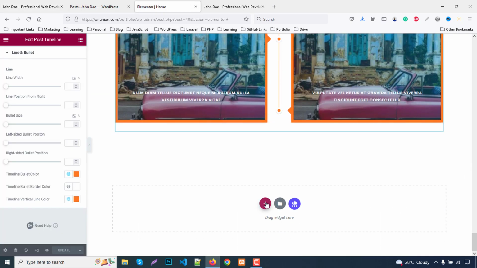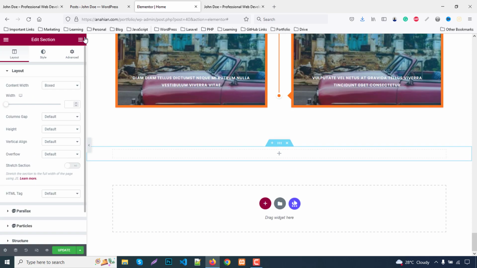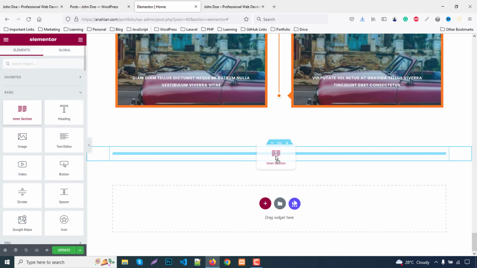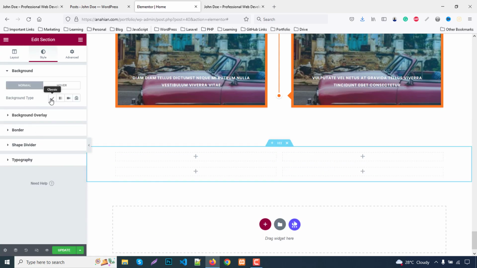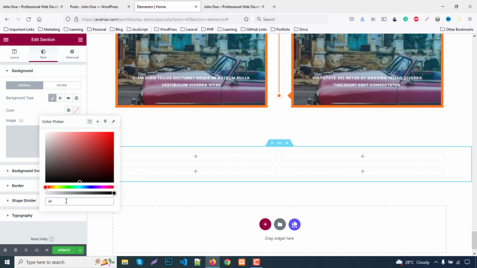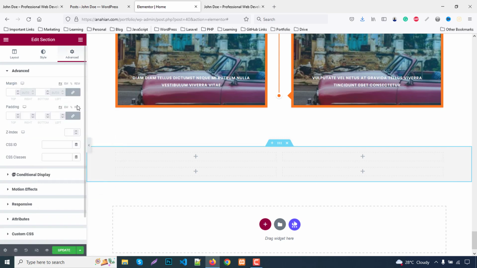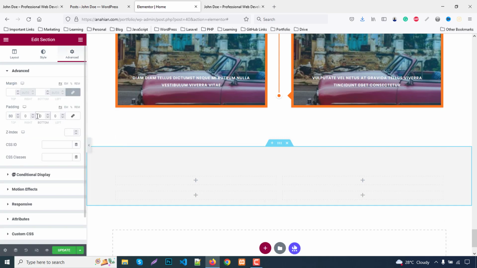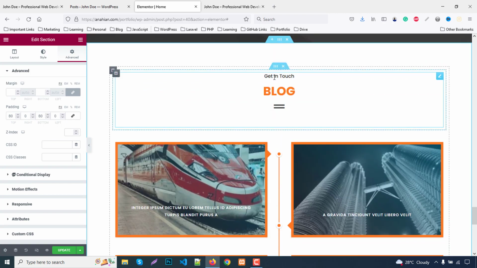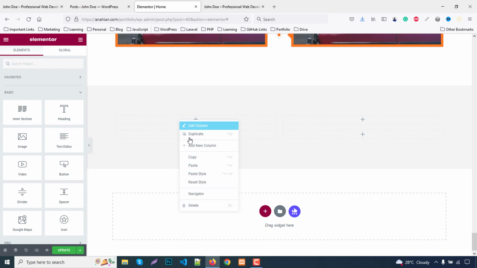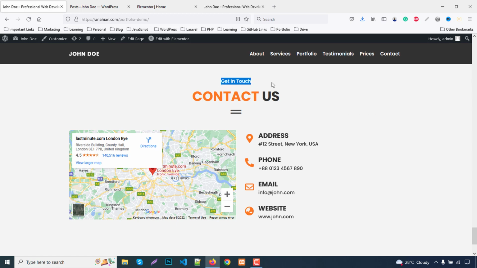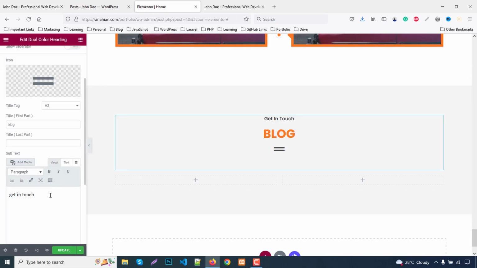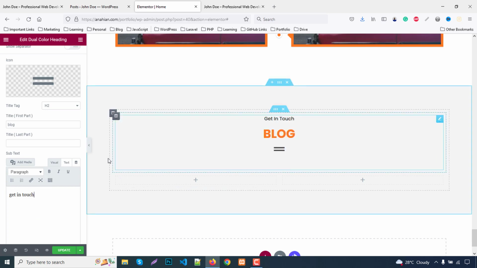So let's start. Again we need to click section, again inner section with 2 columns, just duplicate this part. So at the parent section, first we need to add background color, so I can use like hash F4 light color, okay. Then need to use padding, top 80, bottom 80. So I need section title, so just copy this line and paste, remove this column, okay. So get in touch, so copy this line, click here, get in touch, okay, and just here contact